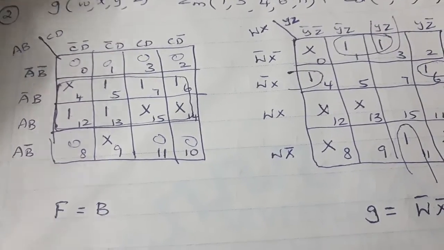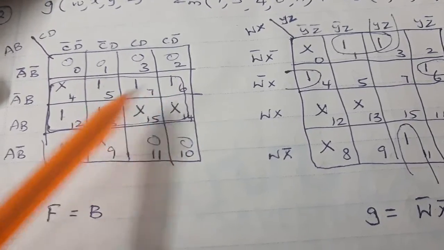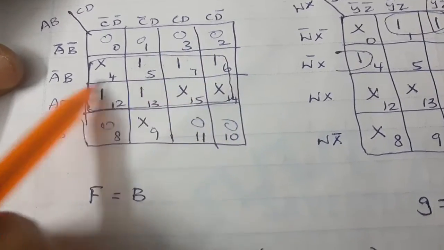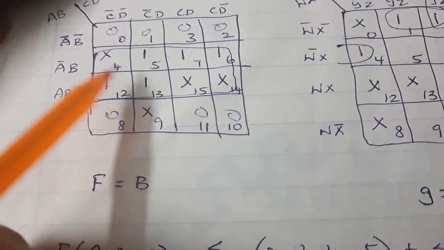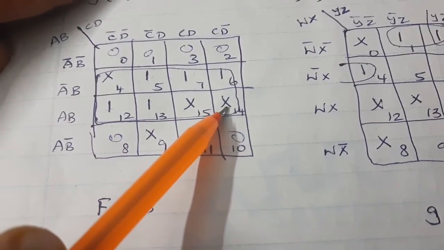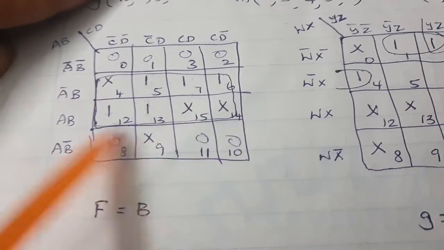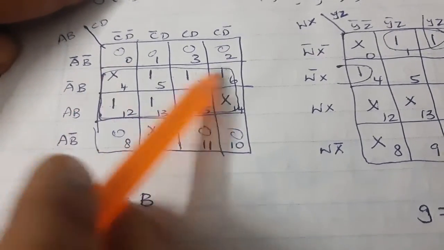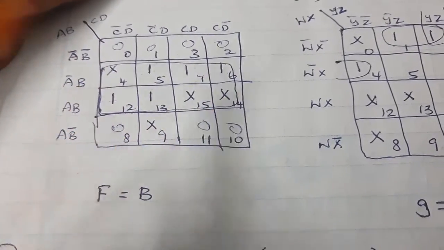Now you have to see what combination you can group. See here, you have 2 ones, again 2 ones, 2 ones. Actually, if you want to do it, it is 1 group here, again 1 group here, 1 group here, but the equation will become bigger. So instead of that, you can combine the nearby available don't cares. They are adjacent. Therefore, you can have this one group, this one group, or otherwise you can have one big octet. Instead of having two groups, you would have two equations. Instead of that, put one octet together.